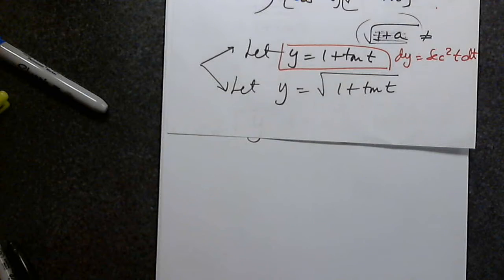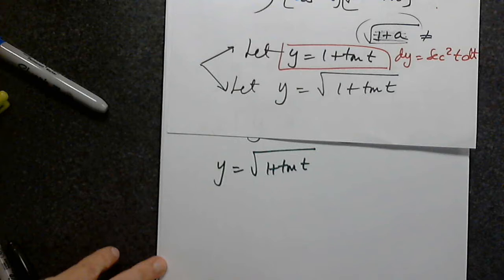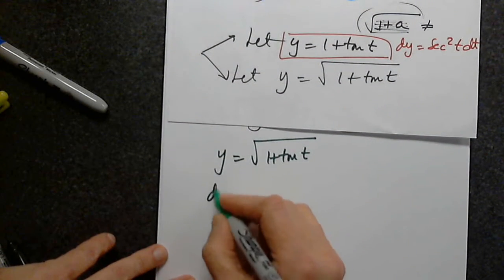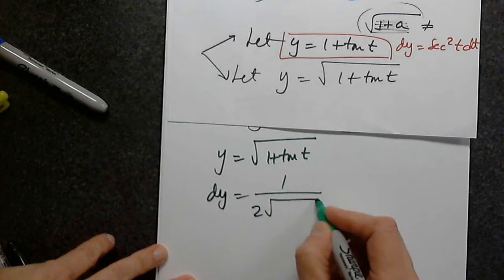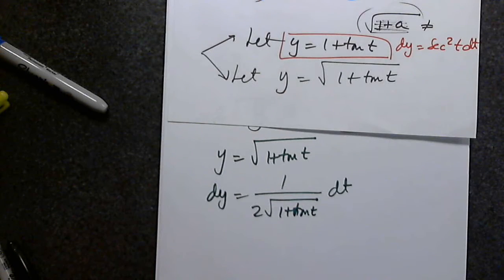So now we would like to use y equals the square root of 1 plus tangent t. If the substitution is the right one, yes, the answer will be the same. So then dy equals 1 over 2 the square root of 1 plus tangent t, times secant squared t dt. So please always remember the difference between y prime and dy. So dy is the differential, f prime of x dx. And y prime is the derivative of y. I don't want the derivative. I want the differential of y. Right. Okay. So then coming back to our problem,